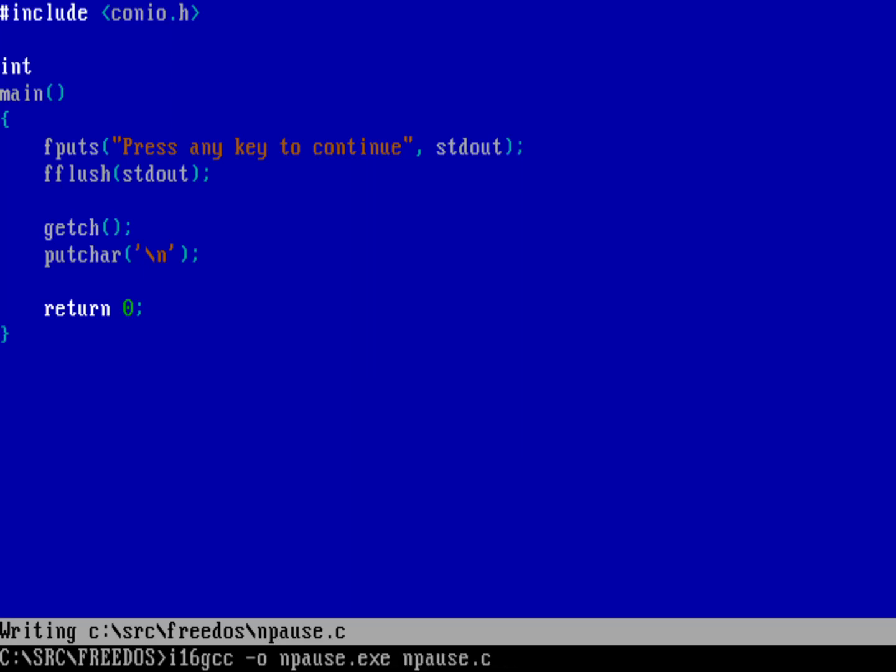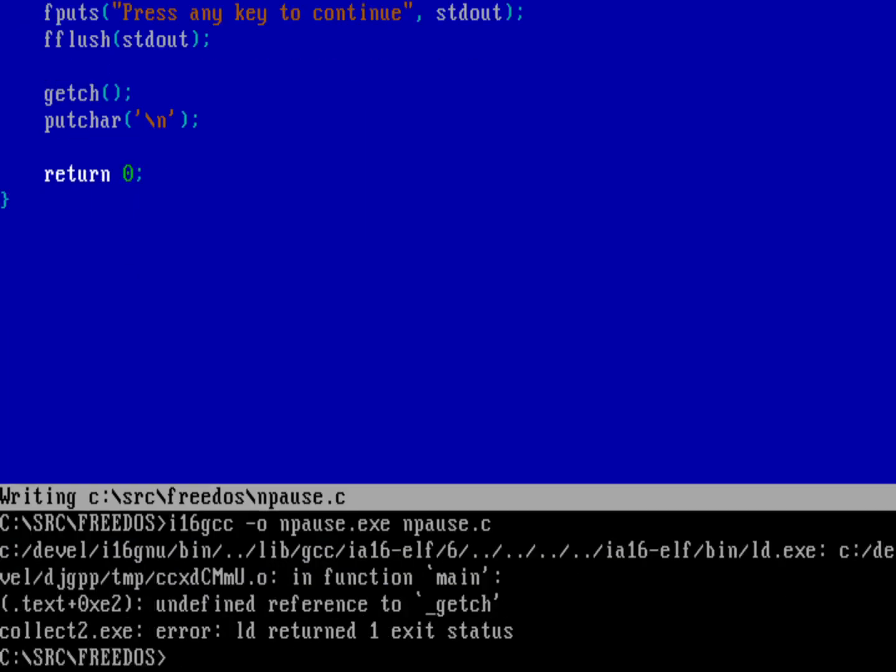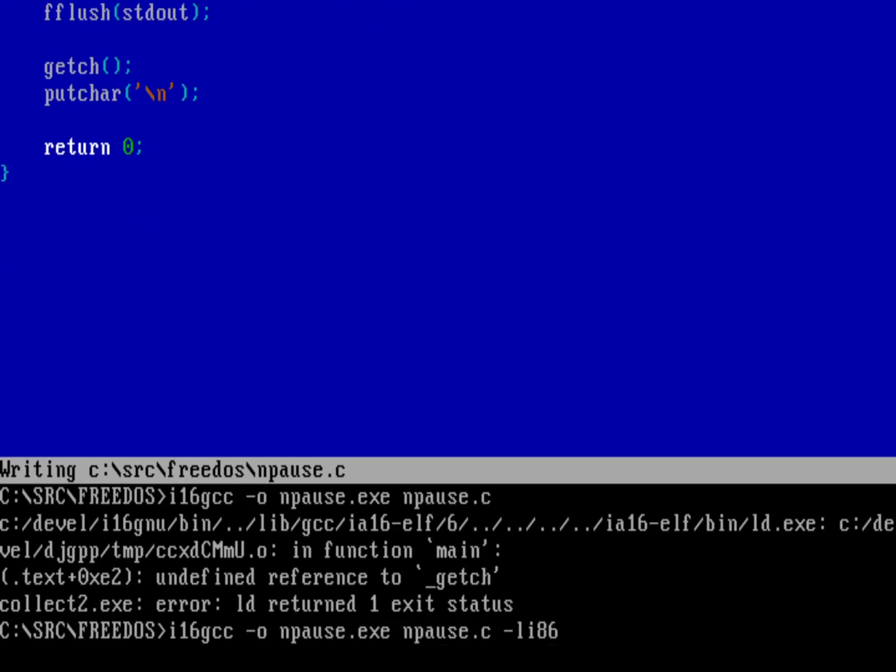Now we also need to link in that conio library. If you just try to compile it like this, it will give you a compiler error, and I'll run that so you can see what the compiler error looks like. So it says, oh, we don't know how to getch, and so we're going to rerun that using -l of the i86 library, and that will include the getch function. And now we can run